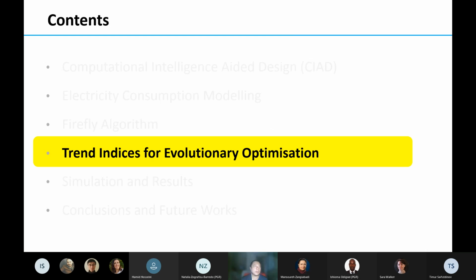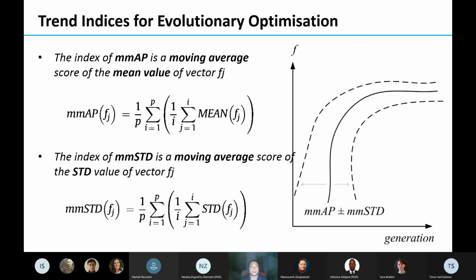Now we have introduced two trend indexes. The index tries to show the performance of the overall optimization. We call it MMAP, which is the moving average of the mean value, and the moving average of the standard deviation.